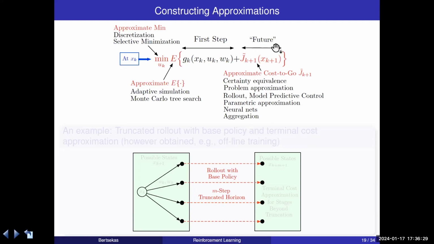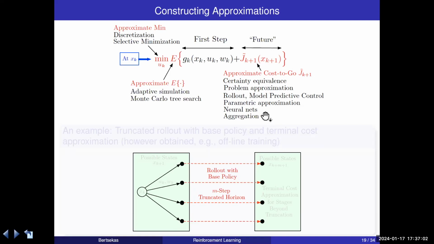Solve exactly or almost exactly a similar problem that is simpler, and use the cost function of the similar problem in place of J tilde. Certainty equivalence is a type of problem approximation where you replace a stochastic problem with a deterministic one, which is easier. There's another type of approximation called aggregation that we are going to discuss near the end of this class,